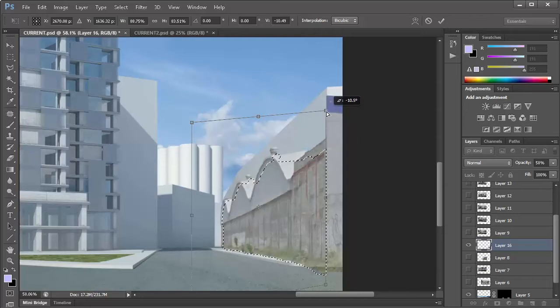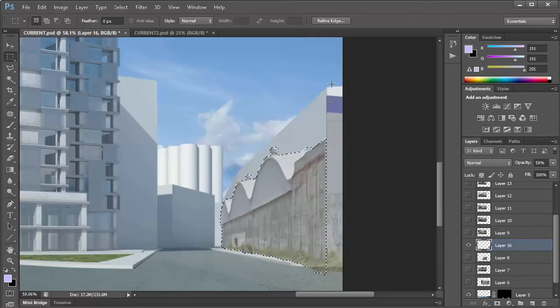So match up the sizes correctly. Click Enter, and then do the next half.